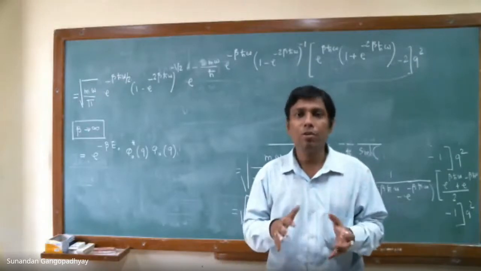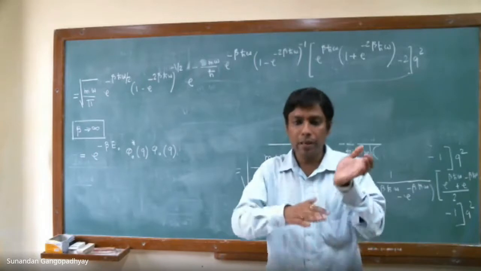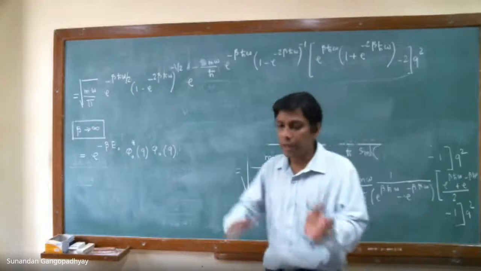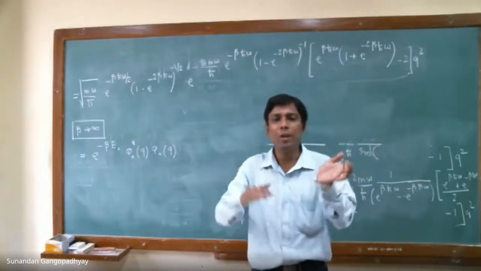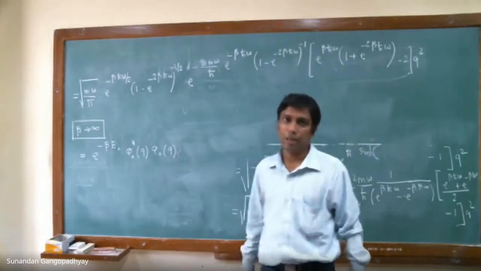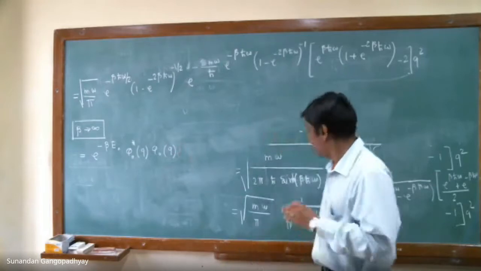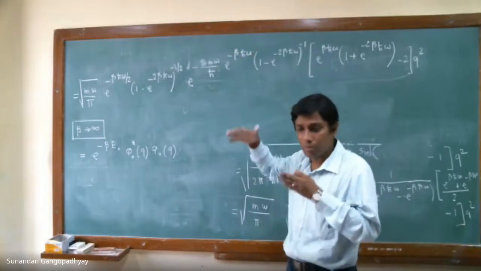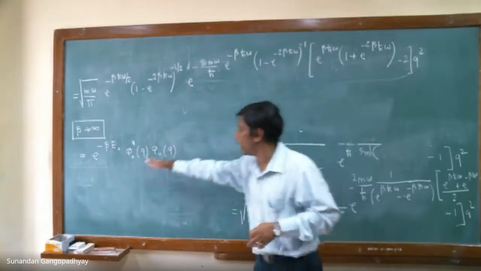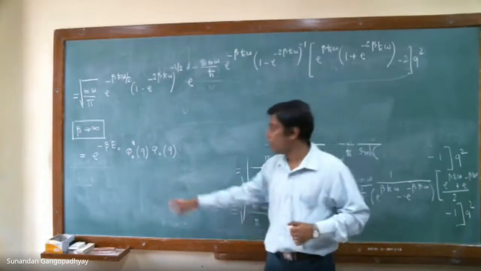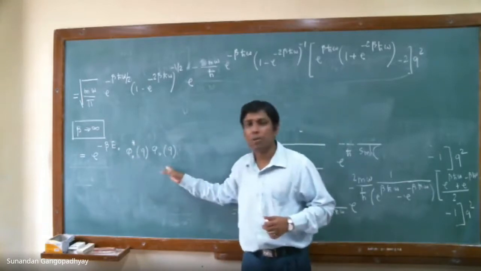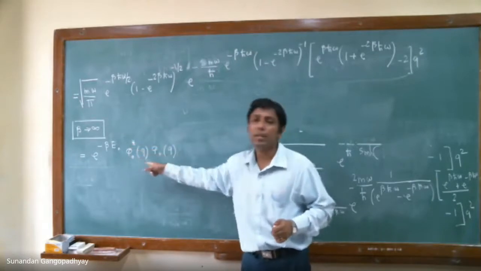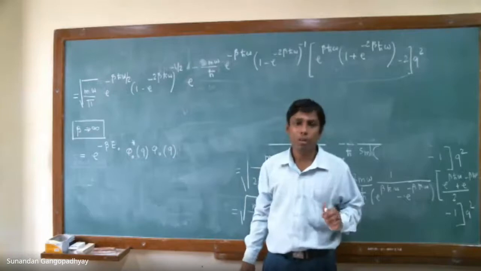This was the technique to isolate the ground state by rotating the time axis, making a weak rotation. So rotating the real time axis means you go to the imaginary time, and you will get this. Our aim here also is to recast, to rewrite, to simplify the expression for the propagator in this form. And once you can rewrite it in this form, you can immediately read off what the ground state energy of the harmonic oscillator is and what is the ground state wave function.